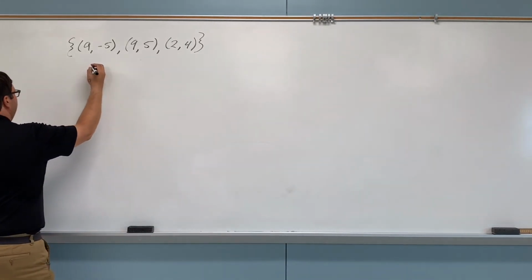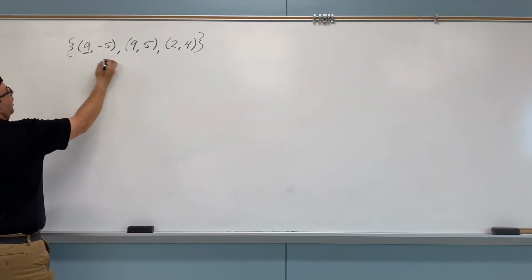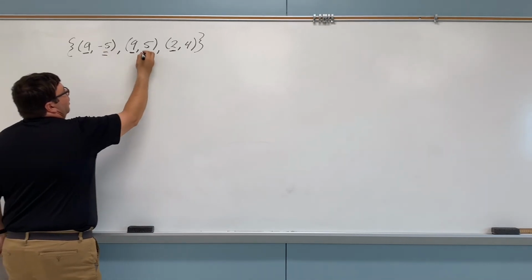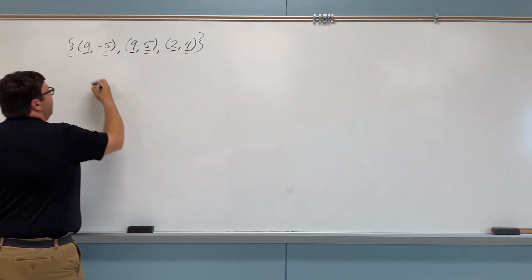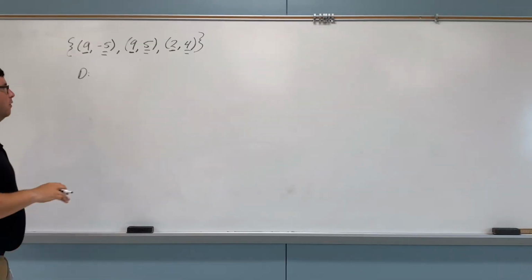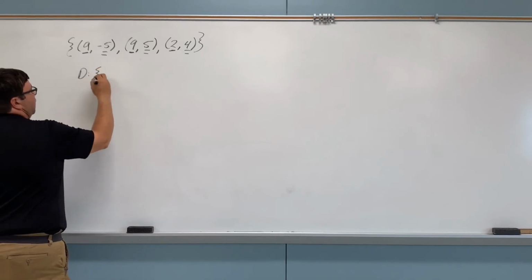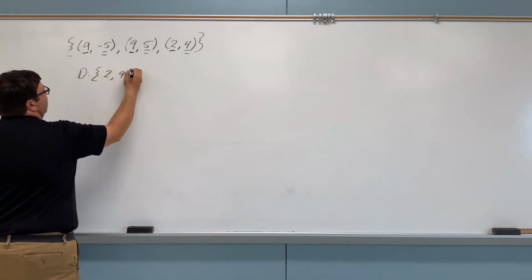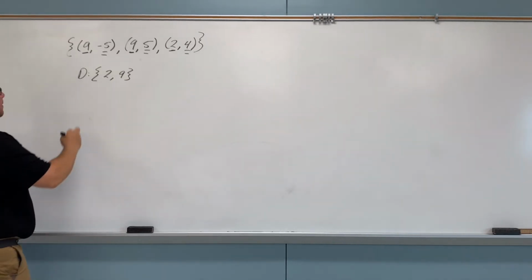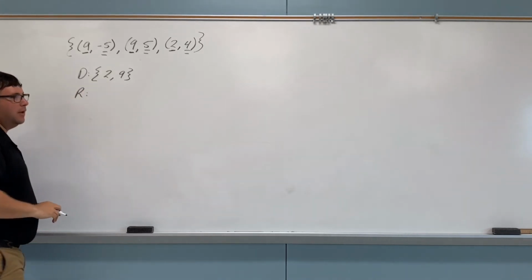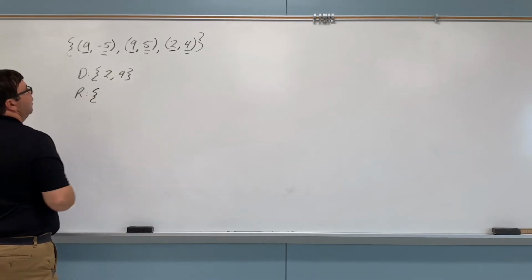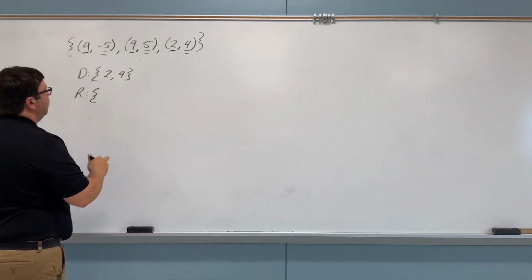If I were to look at all of my values here, I have my x values and my y values. My domain would be listed from least to greatest, and it would be the set of 2 and 9. That is my domain. My range, same thing. You're looking at least to greatest, but now you're looking at the y values. So I have a -5, a 5, and a 4. So I have -5,